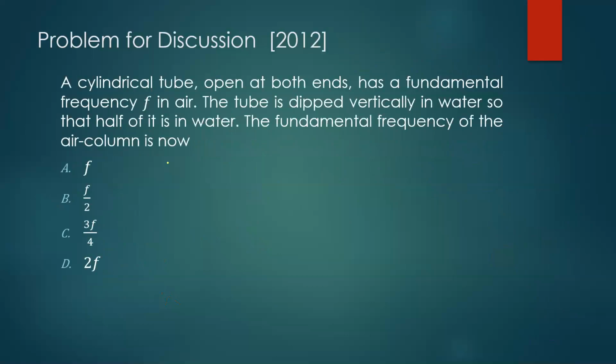Okay, so try answering this question. If you have a cylindrical tube open at both ends, the fundamental is F. See, if it is open at both ends, suppose the open end is an antinode as far as the displacement is considered. This is also an antinode. So in between, you should have a node. So the fundamental frequency F is V by 2L. I think you understand this. So lambda by 2 is L, lambda is 2L.